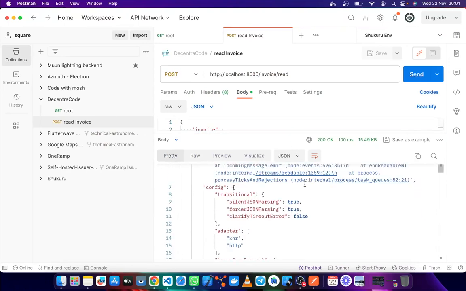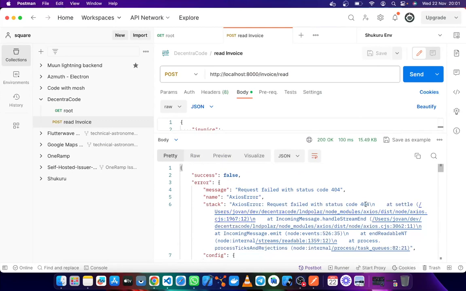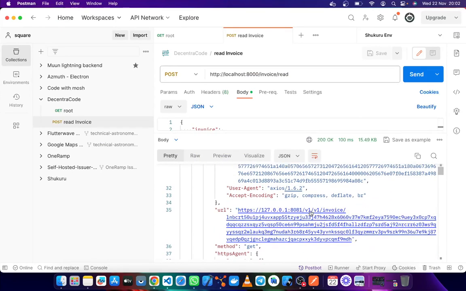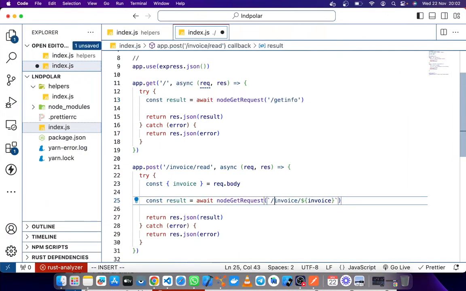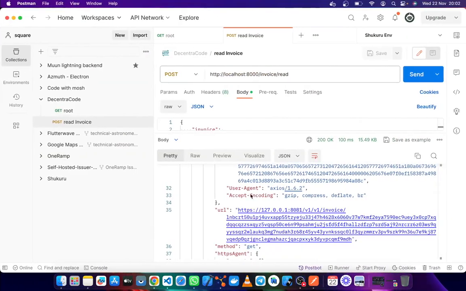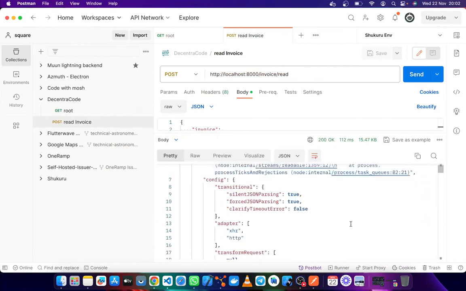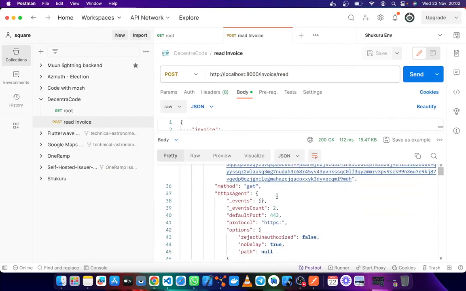So we have a problem with our node. We have endpoint, and so I had a mistake with my URL. I hope I don't mess it up again. Another issue, we have Axios error.